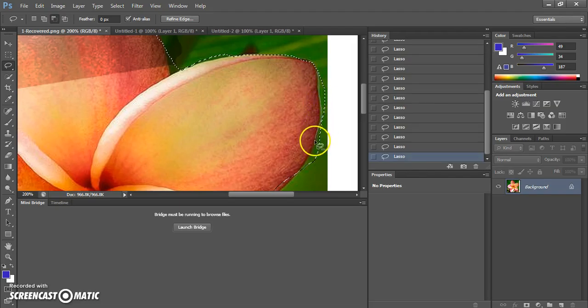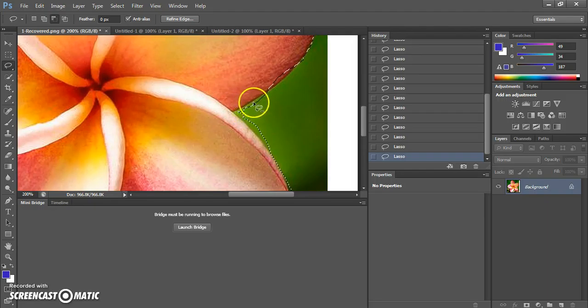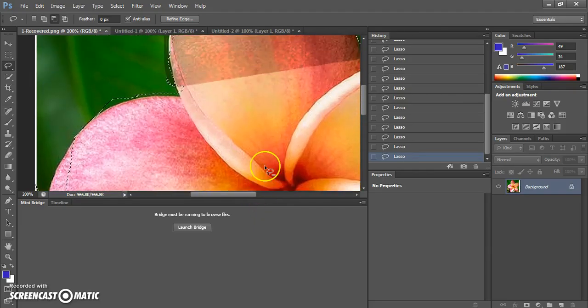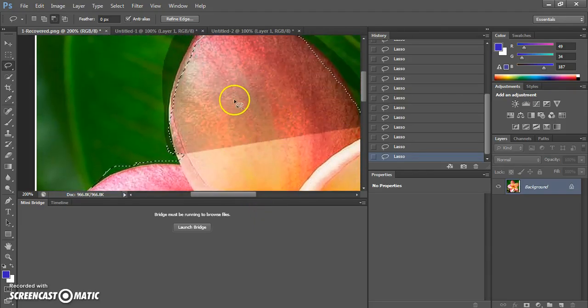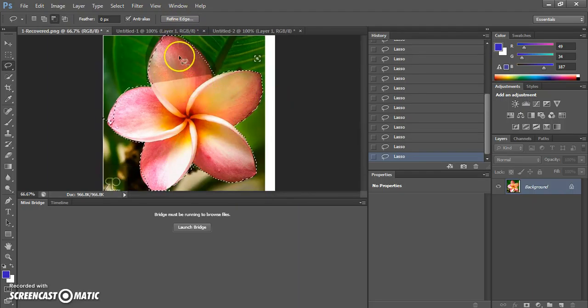Now see, even here I can select like this and leave the cursor. Now this is the shape we can have. So this is how you can use our lasso tool. You can understand easily the main advantage of using our lasso tool, because it has a free hand way of selecting a particular object of the image. Next session I will explain you about